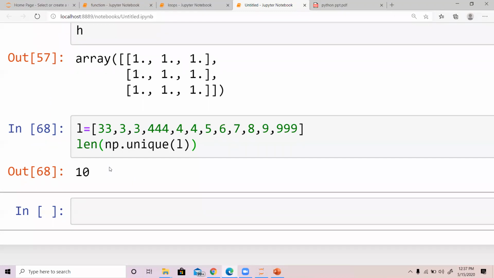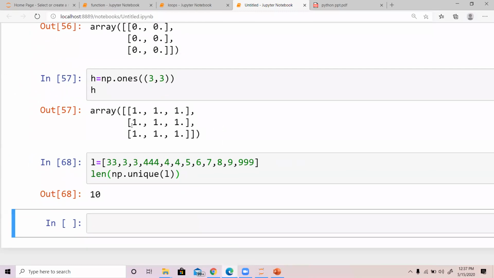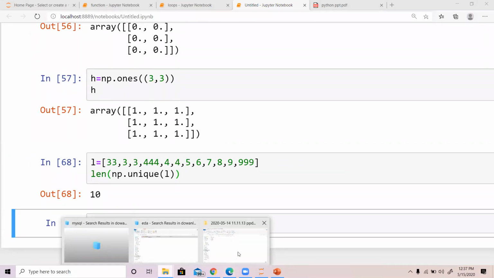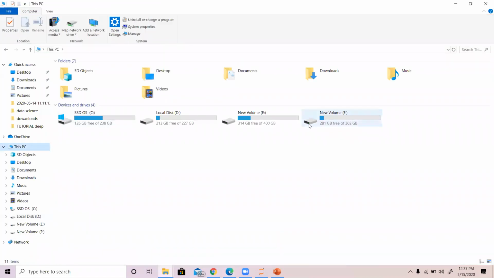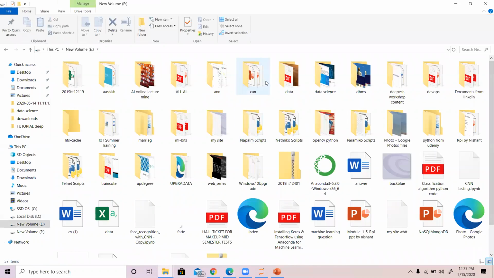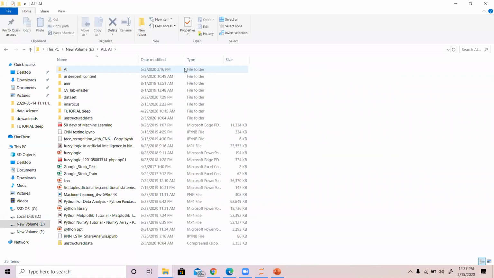Great. So I hope you understood the whole stuff regarding this NumPy. I'm going to do one thing. I will share one document of NumPy with all of you, and first I'll show you what this is all about, and then I'll share it. So this document is something like